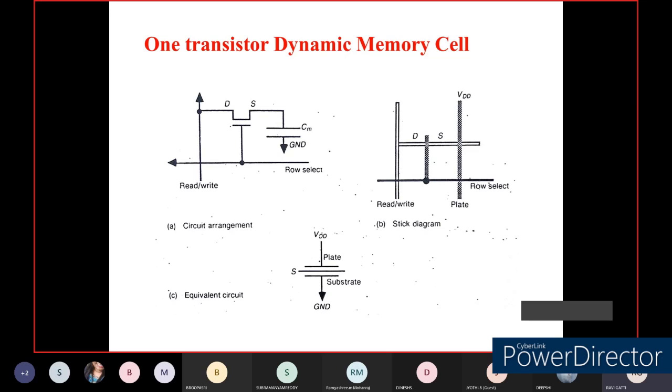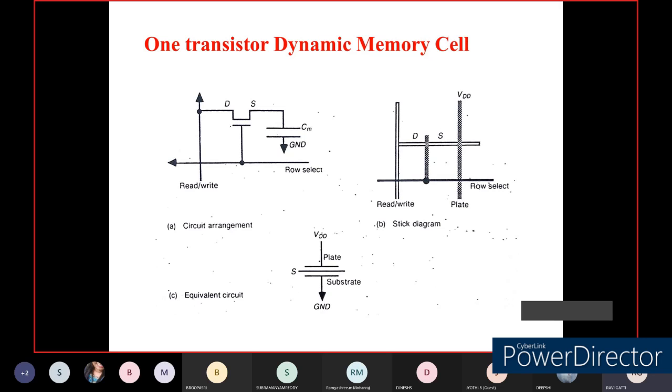The equivalent circuit diagram is written over here. Since we are making use of a capacitor to store a single element, it is necessary to indicate the presence of the capacitor on the circuit diagram or symbol. So you can see here we have written VDD and ground, and in between them we have created a place so that it will act like a 1-bit storage element. Since we are using only 1 transistor for the implementation, we have represented the source and the substrate element. This is one of the simple dynamic RAM memory cells that we can implement through the use of 1 transistor.